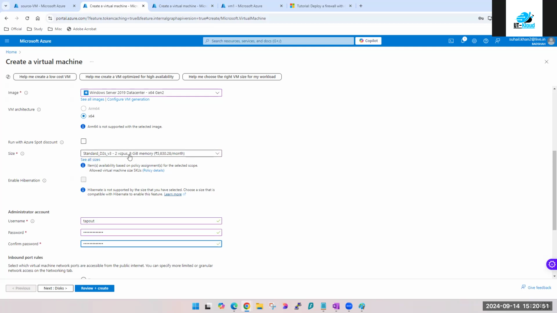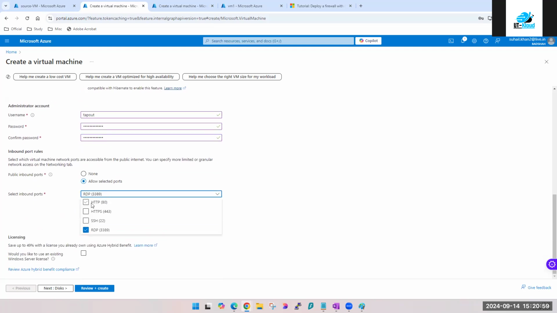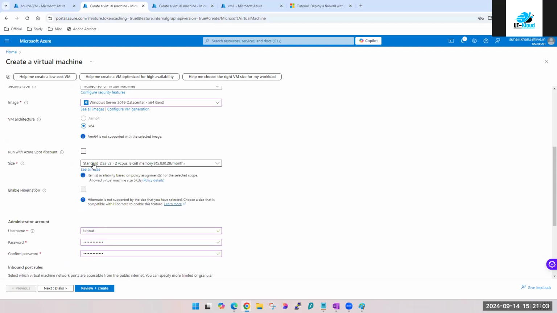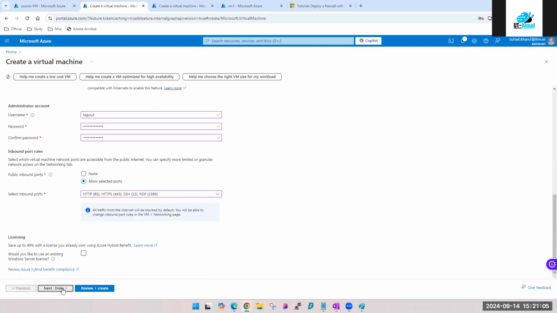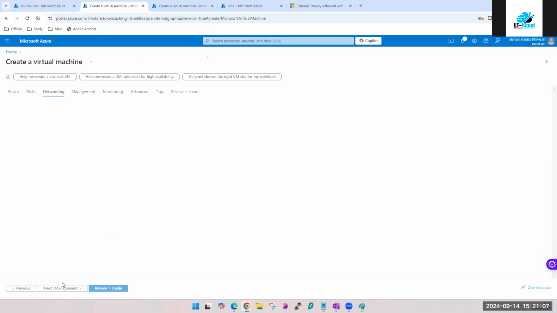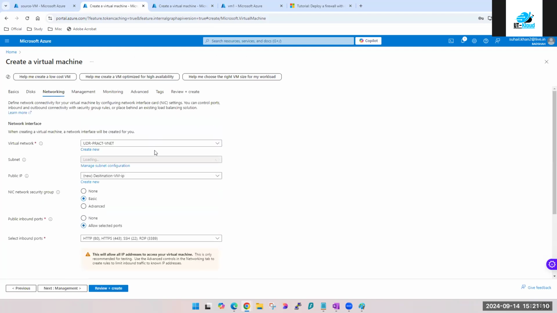Here I don't have any quota issue, so I'm taking whatever is appearing. But you guys will not be able to create three machines if you keep on taking two virtual CPUs on each machine. Not sure if that will be allowed in your subscription. So make sure you take the smallest size in whichever region it is available. So this is going to be my destination machine. Hence I'm selecting the destination subnet.